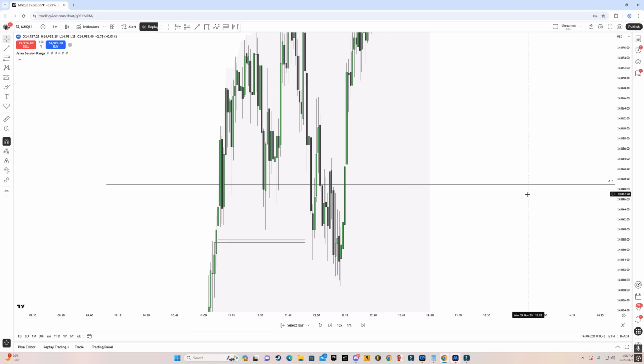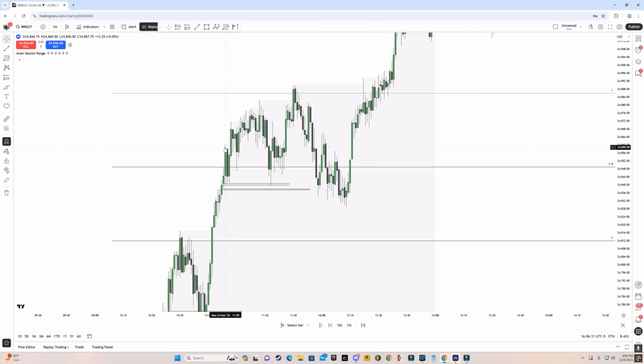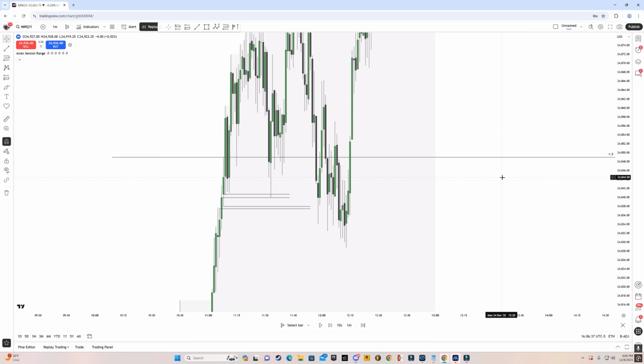But if you went a bit aggressive, what you could have done is you could have taken your entry from this volume imbalance. And again, guys, every trade is going to be different, all right? It's not going to be always like price goes up, breaks this, and then taps into the closing period and then pushes up. You have to play this very logically, okay? Now, I can tell you that it's going to move from the first PD array, but you have to think about this logically. If there's a fair value gap here, and you can sacrifice a little bit of risk reward,